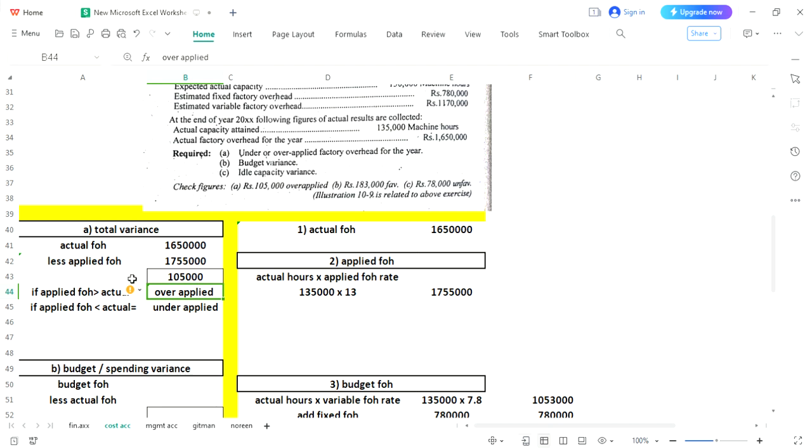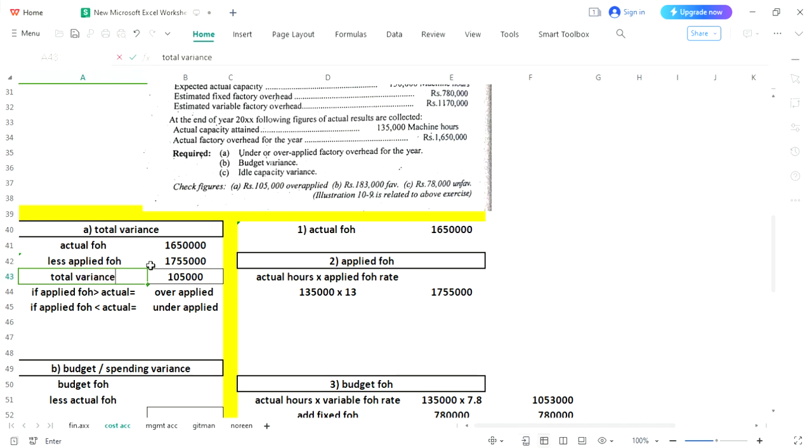Here one thing might be strange. Instead of writing 16,50,000 on the calculator at first, I have written 17,55,000, because in these three variances the minus sign is not needed. You are not needed to write down the minus sign. Actually, if you subtract 17,55,000, which is a larger amount, from 16,50,000, which is the smaller amount, you will get a minus sign, and that sign was not needed. So you may write 17 first to avoid that negative sign. What we have calculated is total variance,